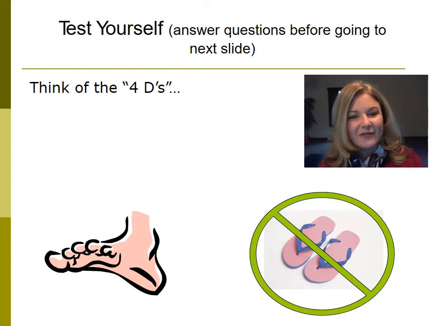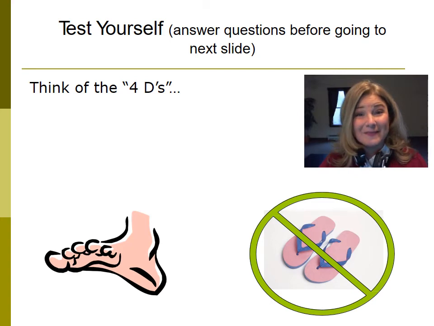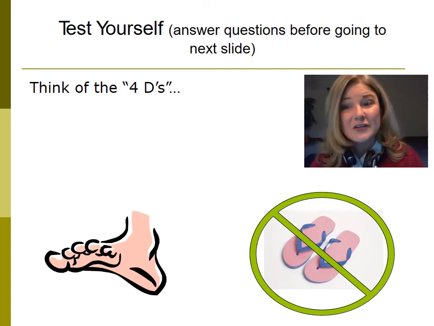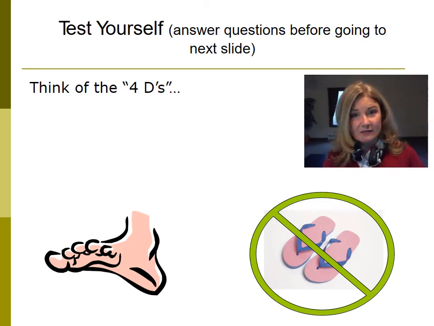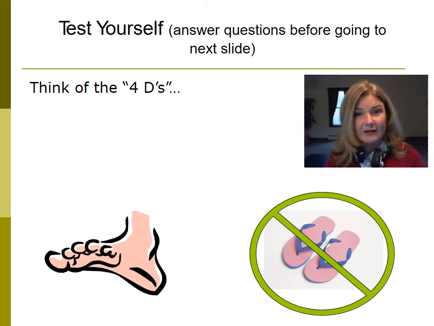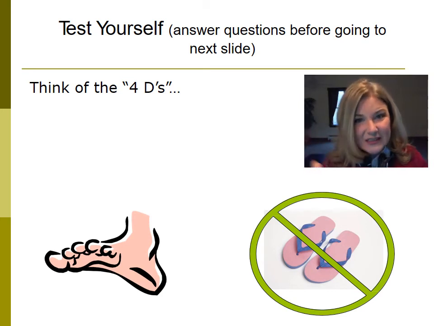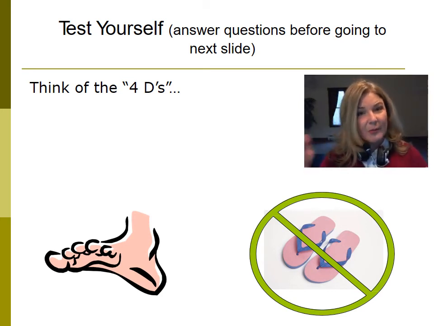Okay, so just think for a second. First question, and there's going to be a test question on this. So first thing, write down the 4 Ds in your notes. Just get the 4 Ds ready, because what I'm going to want you to be able to do is write down the 4 Ds and then explain why or why not they would meet criteria for each of the 4 Ds. Okay, I'm going to walk you through this one, so it'll be easy for you when I say test. I'm going to walk you through this one.